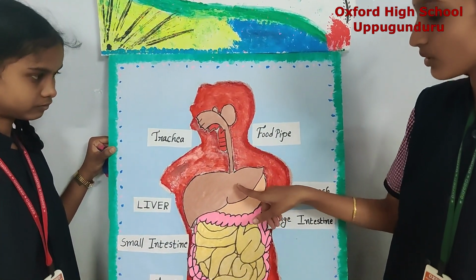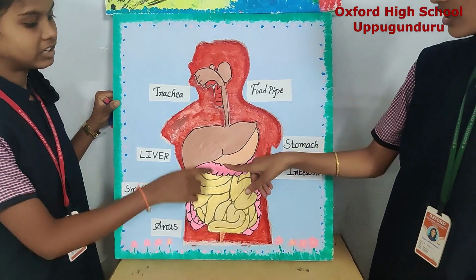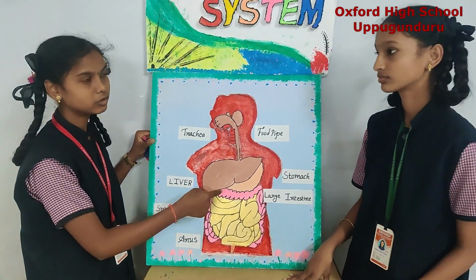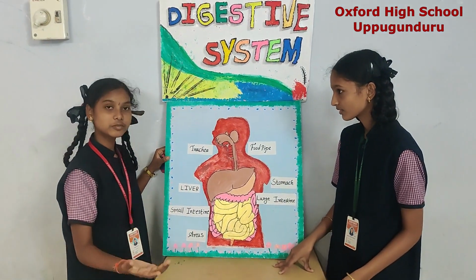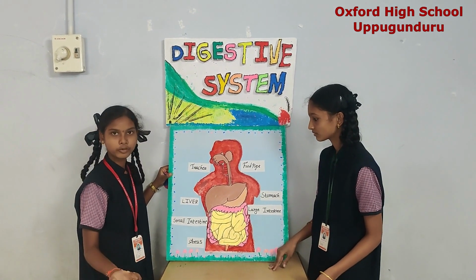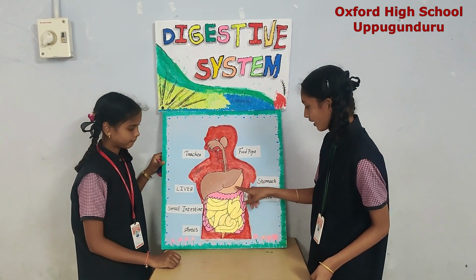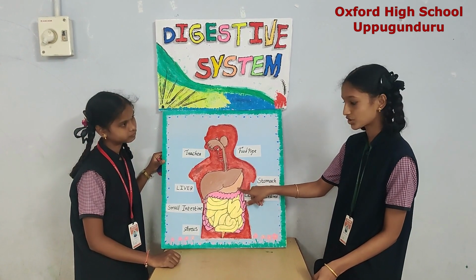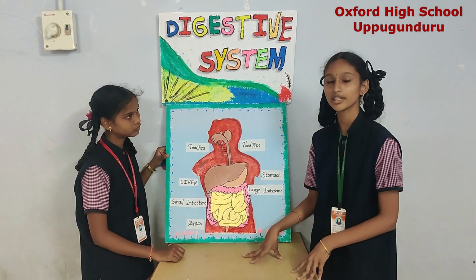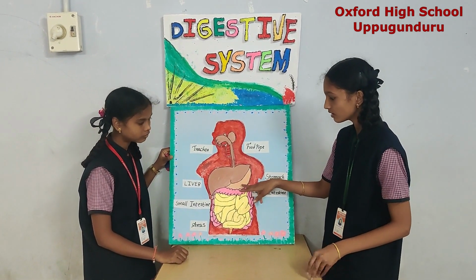And this is the liver, which is brown in color. It helps in turning complex material into small globules. And this is the stomach, which is peach in color. The food materials are partially digested here, and